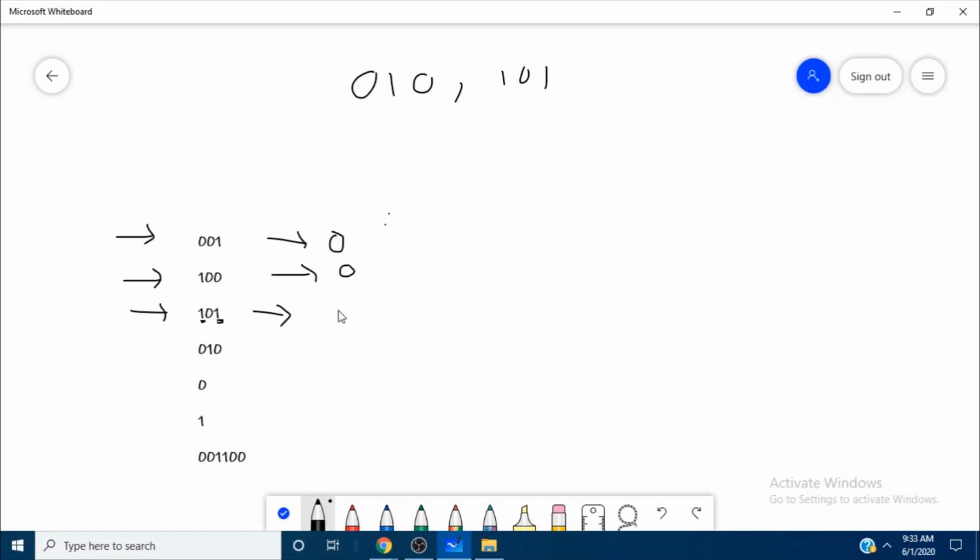So it will look like 001, with 1 operation. Or it will look like 100, with 1 operation. So the minimum number of operations is 1. Understood, right?